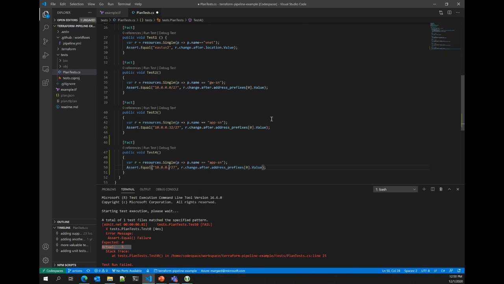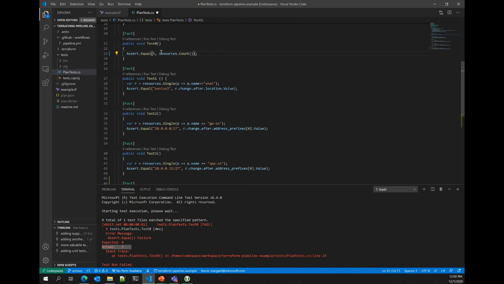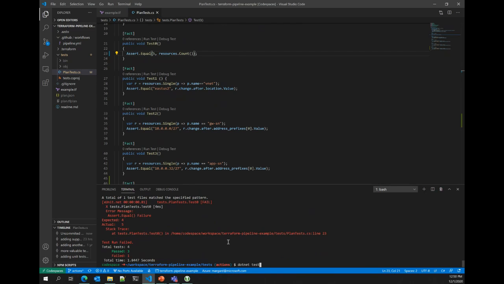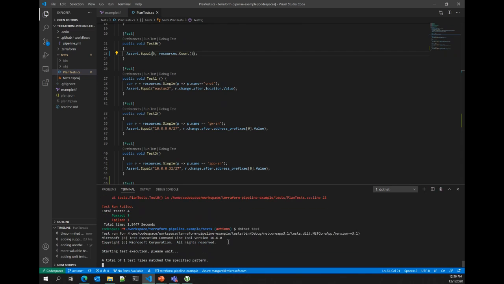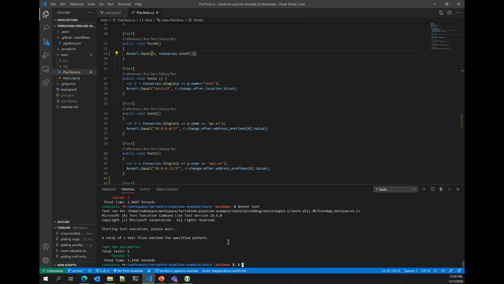So what we're going to do is come in here and add another test to account for the new subnet that we added. And we're going to update this value right here to 5 to make sure that the new assumptions validate. We'll rerun our tests again. And hey, it succeeded this time. So we just unit tested our infrastructure. We just caught a mistake, though it wasn't really a mistake, but you can see the power if I had changed something and broke the CIDR calculations or something like that. My test would have caught that for me, and I could have gone back and fixed the infrastructure code.